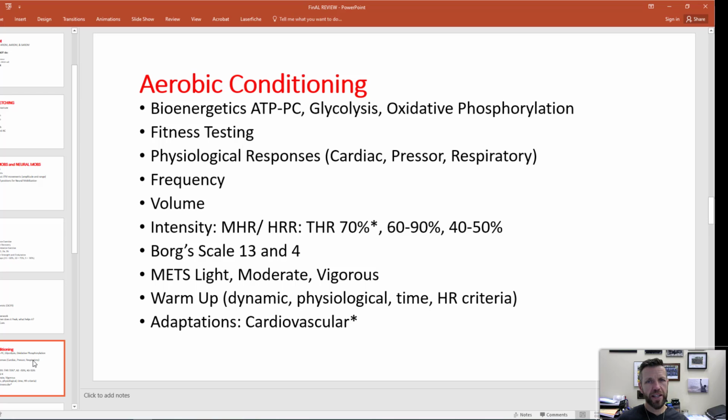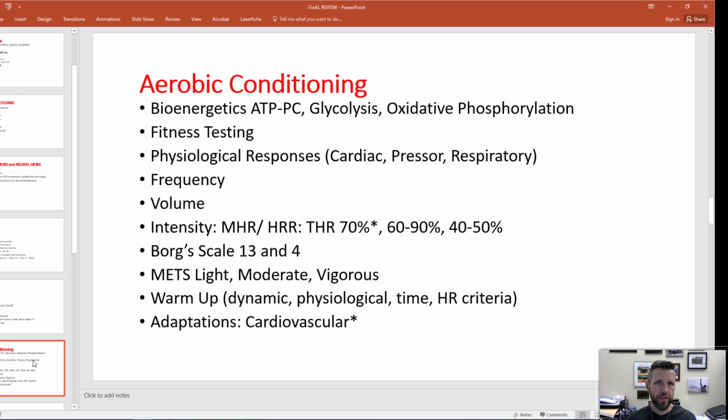With this one, you really want to think about the key terms from bioenergetics, which was ATP-PC, glycolysis, and oxidative phosphorylation. And what was bioenergetics? Well, simply put, it is the system that the body will choose to fund the activity it's going to do, right? So let me say it this way. If you're going to do something that's going to require a very little amount of movement time, but maybe some pretty good intensity, like you standing up from your chair, you may do it once, but you need fuel ready to go to fund that activity, and that is in the muscle,